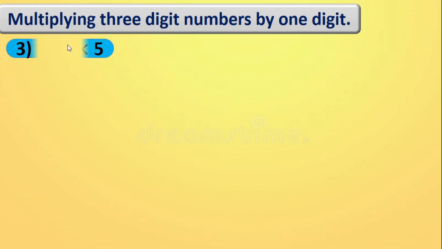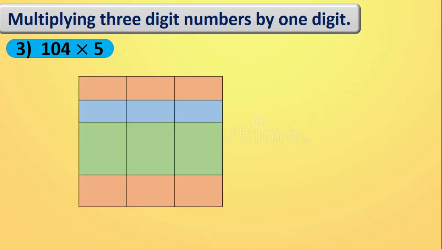Okay. Here we will take 104 multiplied by 5. What to do now? First we have to make a table. Here we will write units, tens and hundreds. Now what we will do? 104 we will write like this. You know the place values of 104, isn't it? Multiplied by 5 we have to write in the unit place. Got this? Okay, now we'll start the sum.